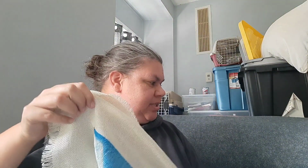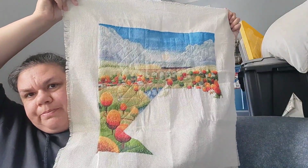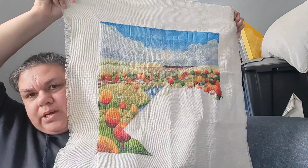So this was another 100 stitches, because it's only been called once. So this is the whole thing. And where I worked on this week,